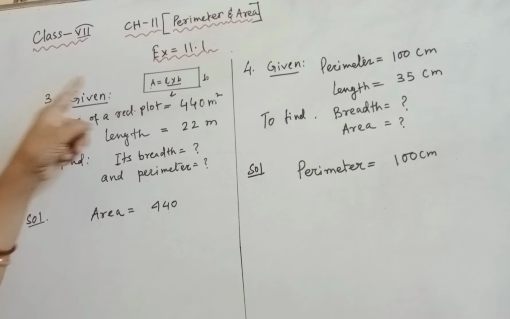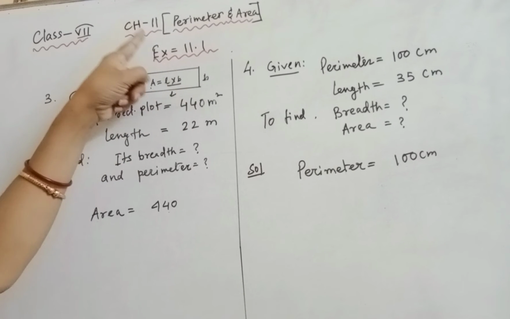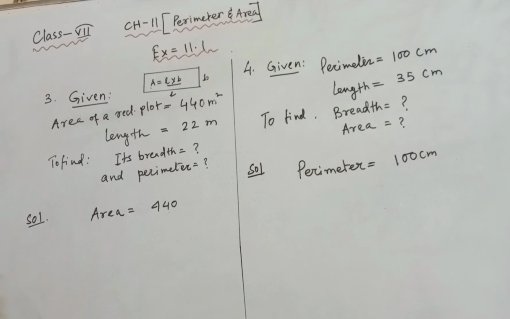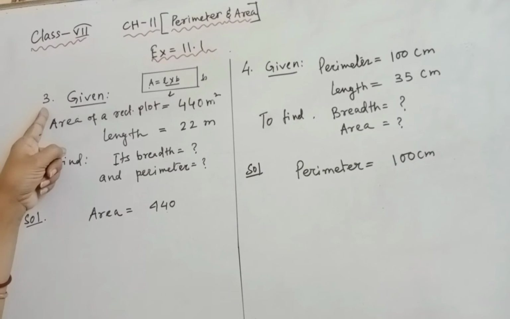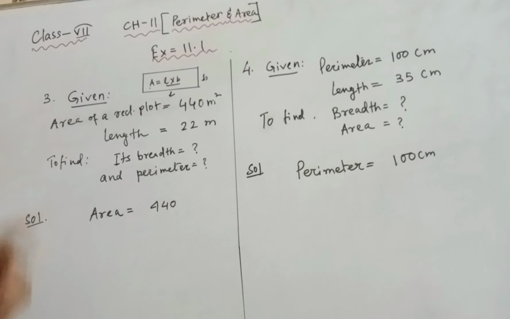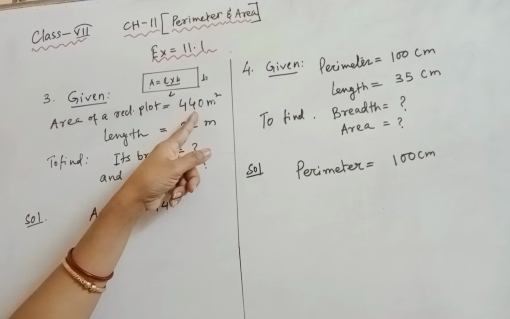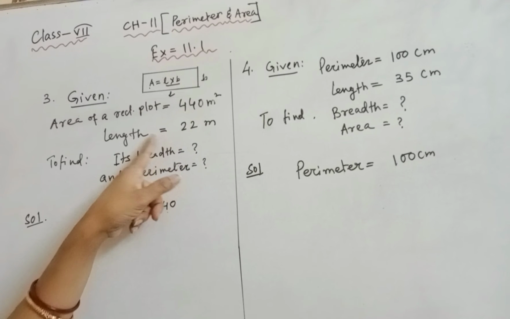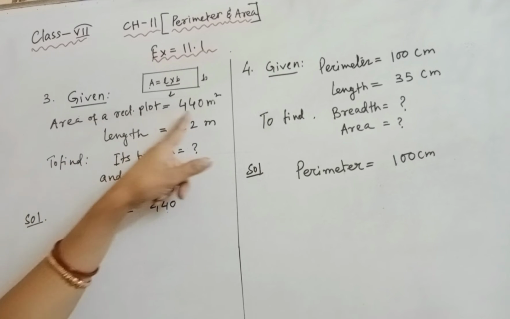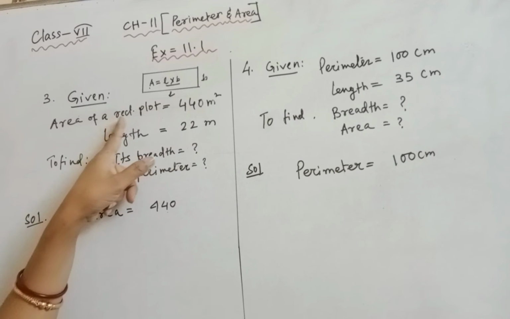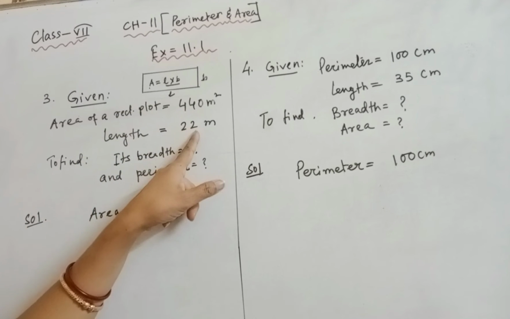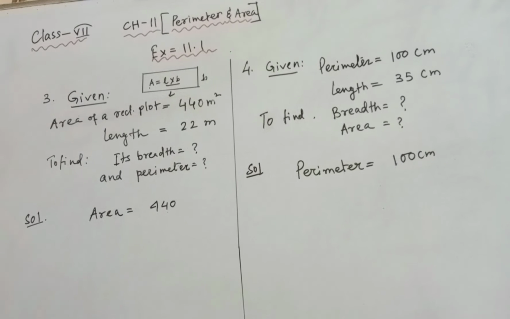Today we will do exercise 11.1 from chapter 11, perimeter and area. We have already completed questions number 1 and 2. Now question number 3. The question is: find the breadth of a rectangular plot of land if its area is 440 meter square and length is 22 meter. These two things are given, the area of the rectangular plot and the length, and you need to find its breadth